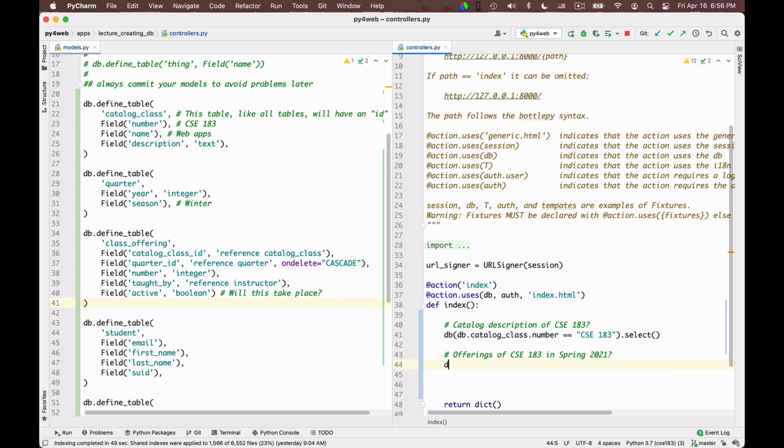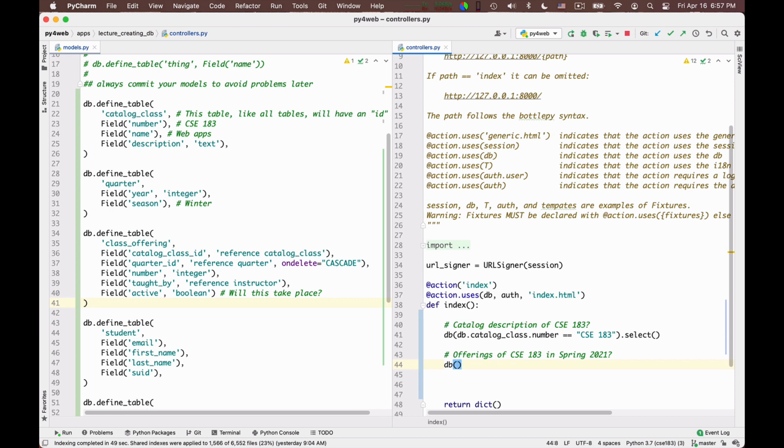Well, db, and here I have to write my query condition. And now the problem is this, that I have information about the catalog class, which is 183, and I have information about the quarter. And what I need to do is follow them both, enforcing the constraints that correspond to the arrows.